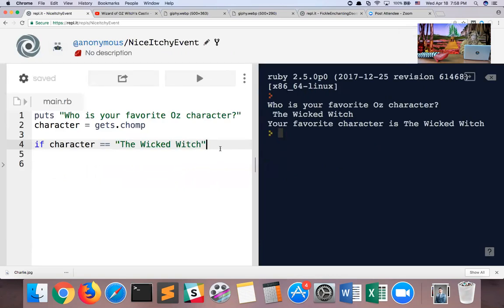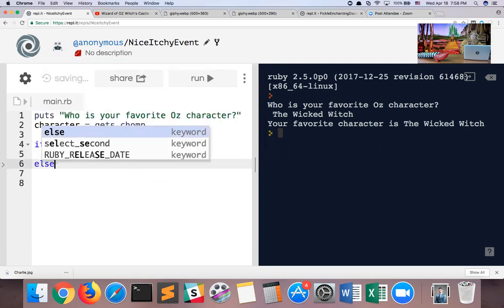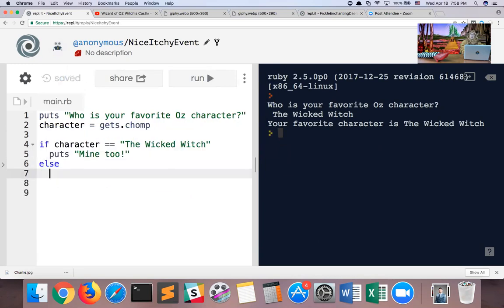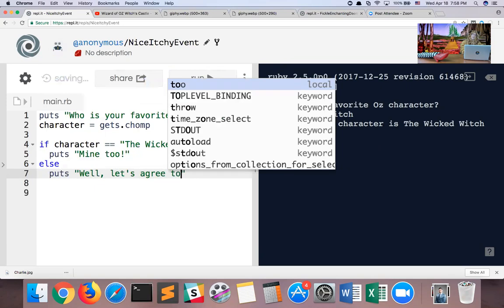Let's make it a little smaller so we can fit it all in. Then we want to say mine too. Else, meaning if the user types in anything other than the Wicked Witch, we will instead say, well, let's agree to disagree.